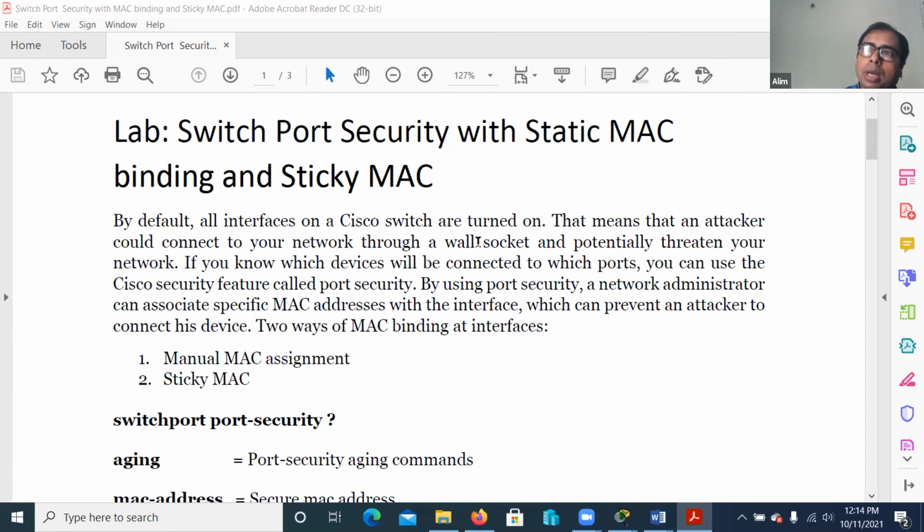For example, if you have a computer that should be connected to port number 5, it should not be connected to port number 6 for different reasons. For example, port number 6 can be assigned to another VLAN. However, VLAN will also prevent them from connecting to that port. But this MAC restriction is more